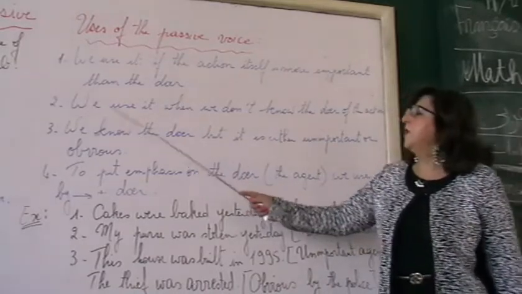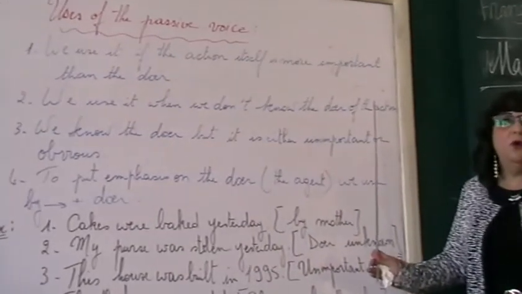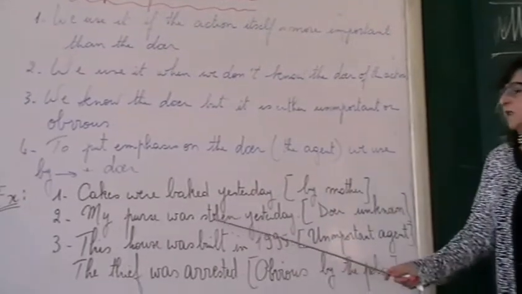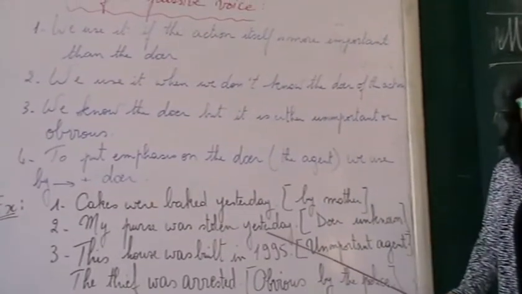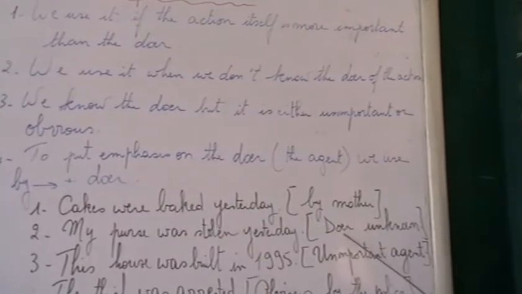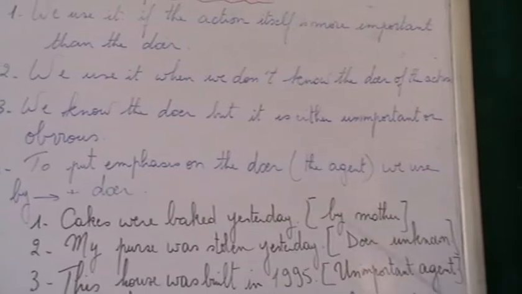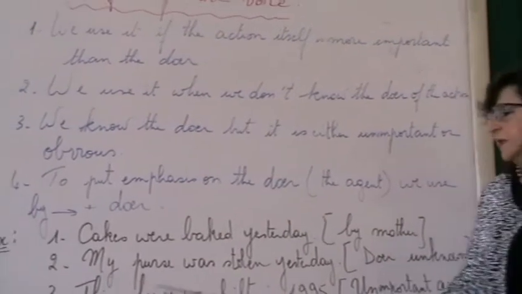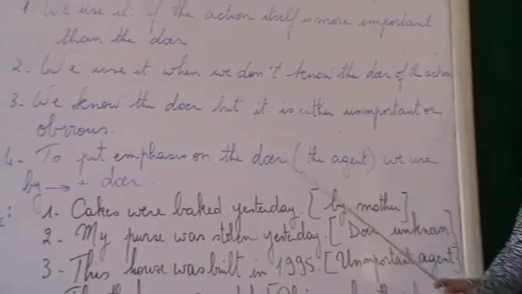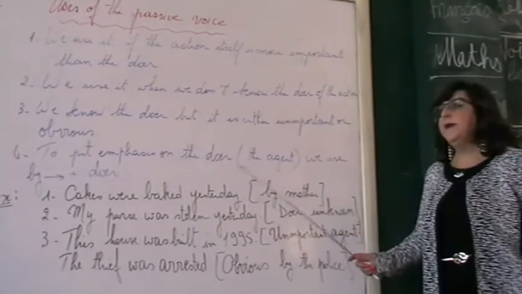Number two, we use it when we don't know the doer of the action. Suppose we don't know who did the action. For example, my purse was stolen yesterday. Do I know the thief? Who was the thief? I don't know. So the doer here, the agent, is unknown. I don't know who. So I just use the passive. My purse was stolen. It was stolen yesterday. If I know the doer of the action, I may add by, for example,